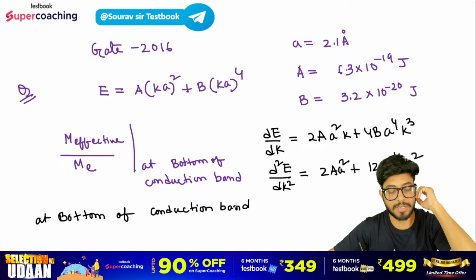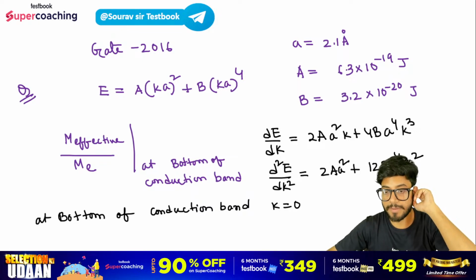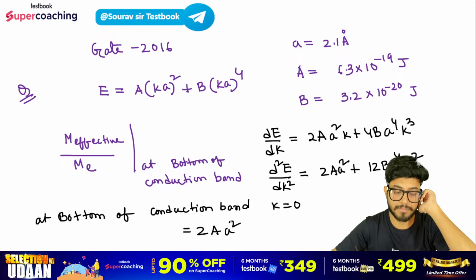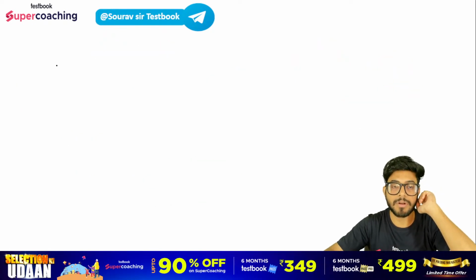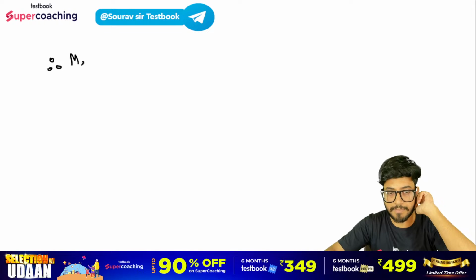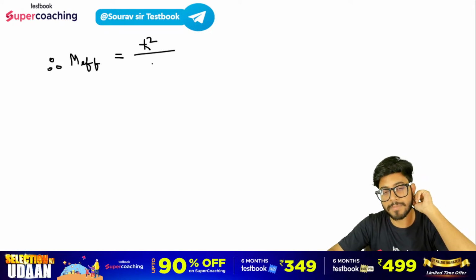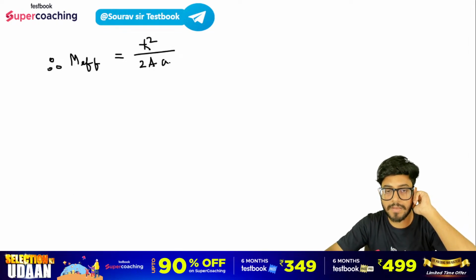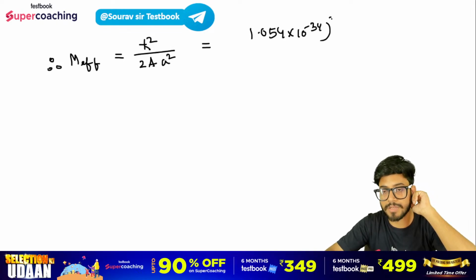एट द बॉटम ऑफ द कंडक्शन बैंड ये हमारा 0 है, तो यहाँ पे अगर मैं 0 पुट कर दूंगा तो ये आ जाएगा 2 कैपिटल ए इंटू ए स्क्वायर। सही है। अब देयरफॉर इफेक्टिव मास क्या होगा भाई, एम इफेक्टिव एच कट स्क्वायर डिवाइडेड बाई 2 ए स्क्वायर। अच्छा 1.054 इंटू 10 टू द पावर ऑफ माइनस 34 का स्क्वायर।